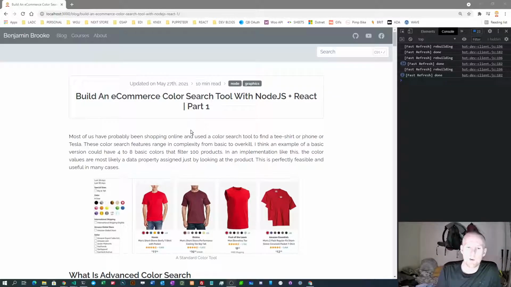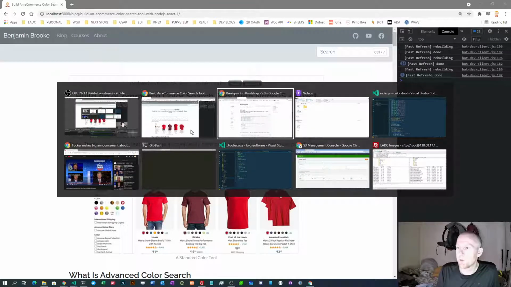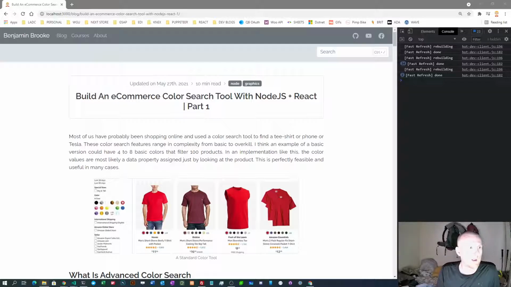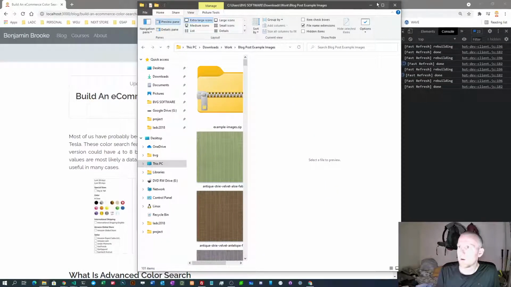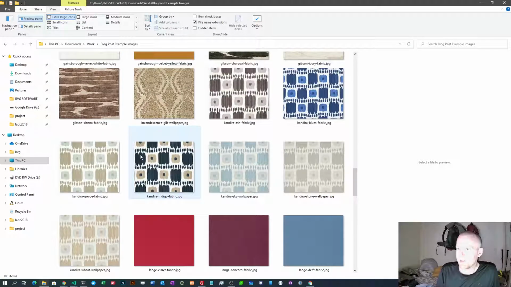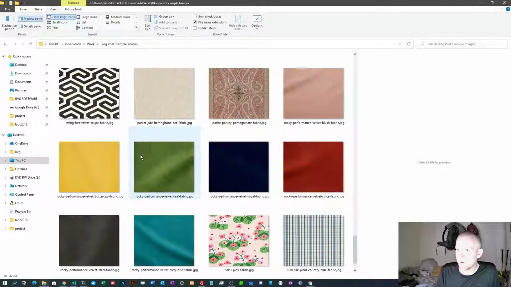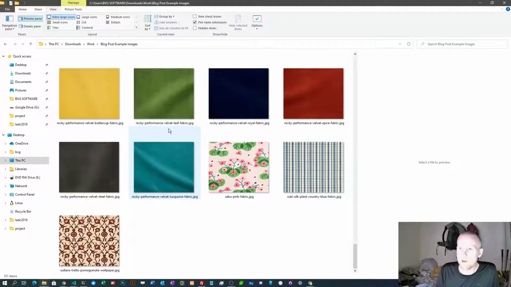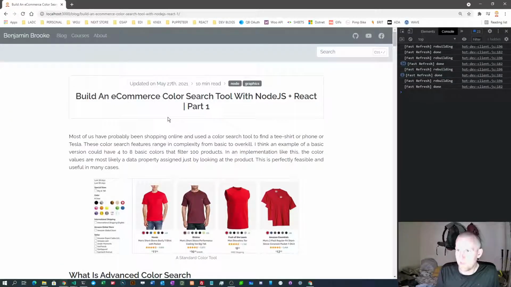So imagine a directory of images, which I will provide a link to. There'll be a link to some of these images on AWS, and be able to download and unzip them. Let me pull them up real quick. Here are about 100 different images. These happen to be fabrics, and what our backend logic is going to do is it's going to read in a directory of images, and then it's going to process those and analyze each one of those and give us a readout